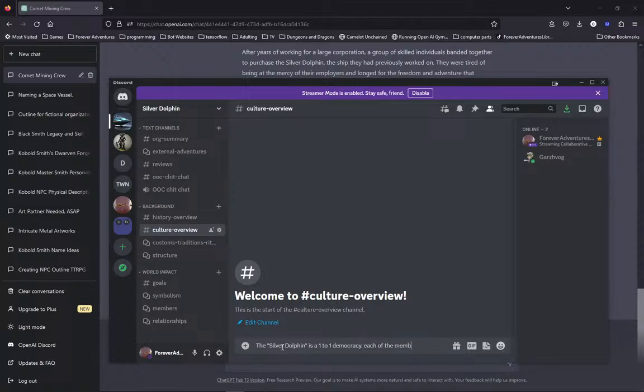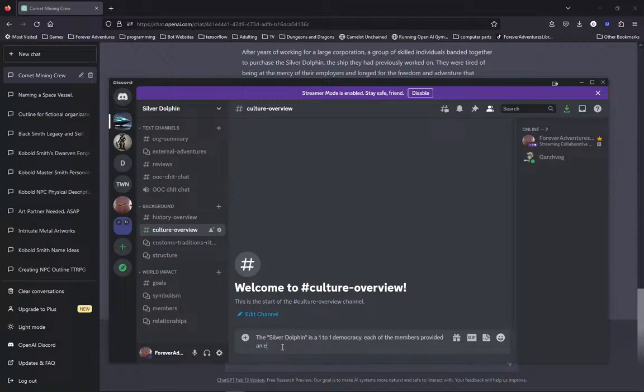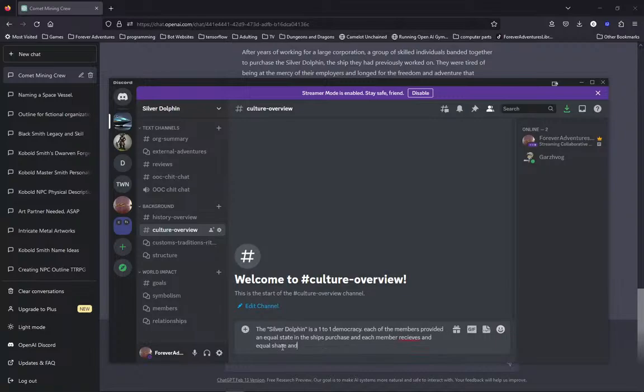Each of the members provided an equal stake in the ship's purchase and each member receives an equal share and equal say.